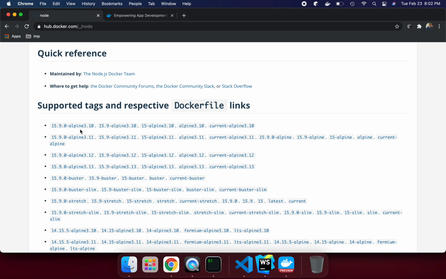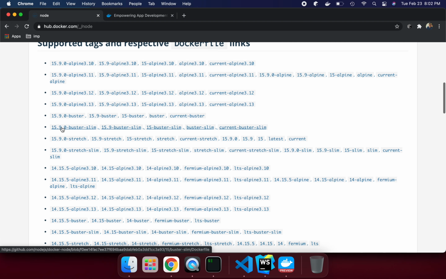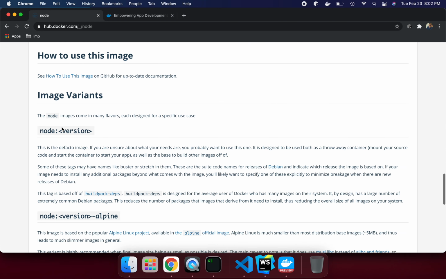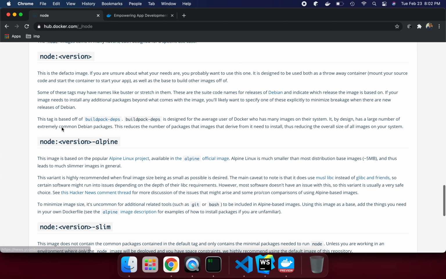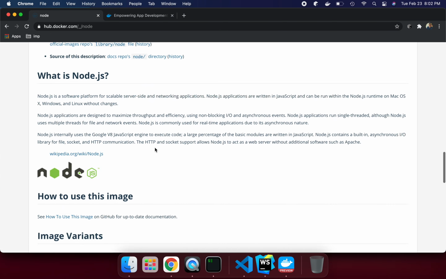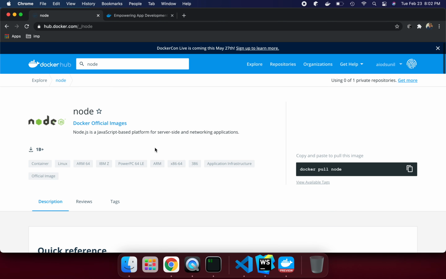If you see the latest version, we have 15.9 here. So those details are here: how you can use it, how you can specify it in your Dockerfile. All the details are mentioned here on the Docker official website. You can create your account and try to push your image to the Docker registry. Docker Hub is the Docker registry. You can get public images, official images here. Most of the images are available for us to use. And we will see Docker Compose later on, how we can use Docker Compose and how we can use Kubernetes. And let's go over how we can try to use the IDE.